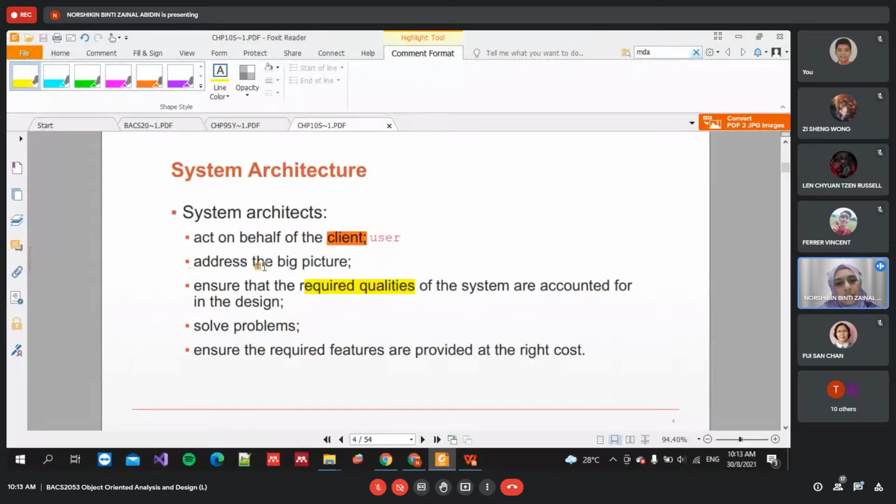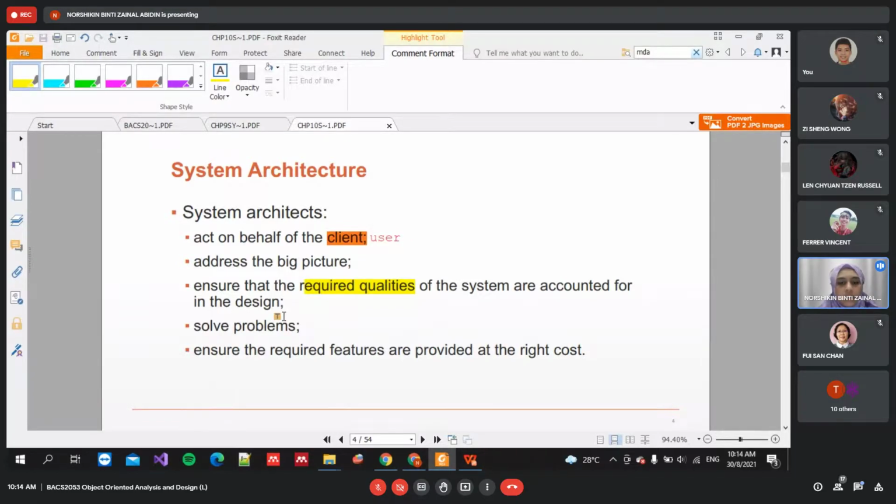Okay, and then address the big picture. Why do they need to address the big picture, the overall view? They need to address the overall view of our system, on how it will be designed or what it should be done. That's why address the big picture, the overall view, one complete or one whole system. And then ensure that the required qualities of the system are accounted for in the design. So required qualities, there are a few actually, which we will see later in this slide or in this chapter,